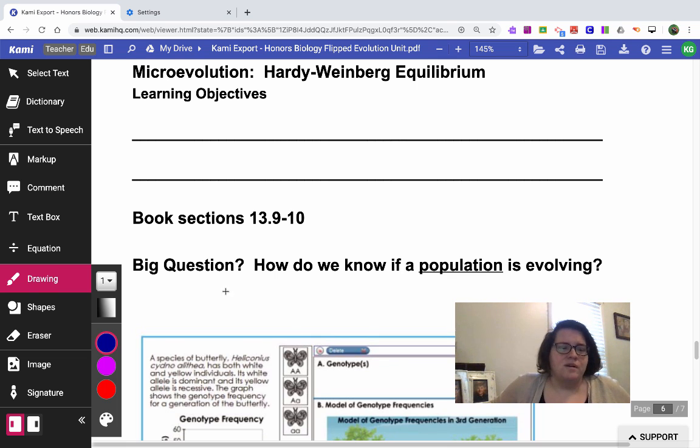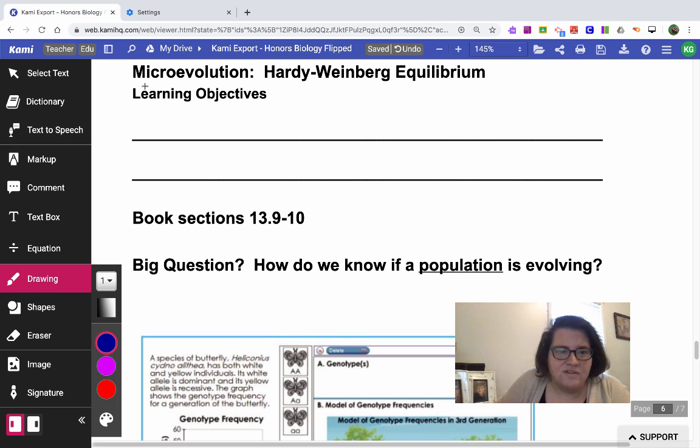So what we're going to be learning about here is something called microevolution. This is a little bit different than what we have been talking about before, which is macroevolution. Macroevolution is looking at big changes that can be observed between species rather than little changes that can be observed within a species. So what microevolution is looking at is the changes